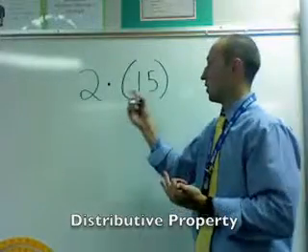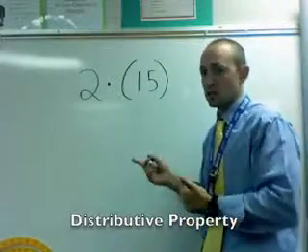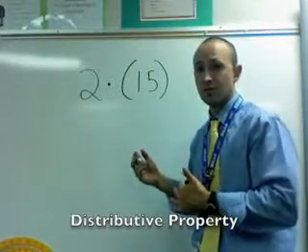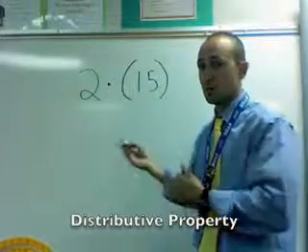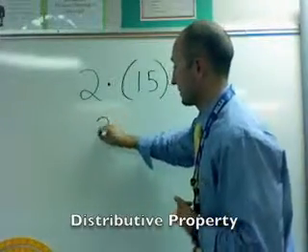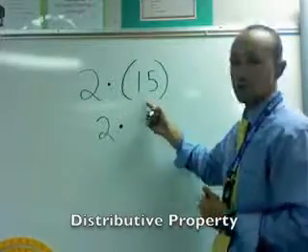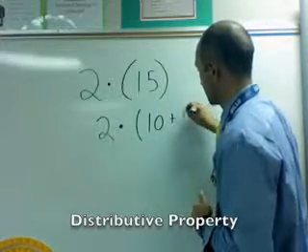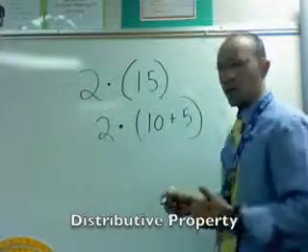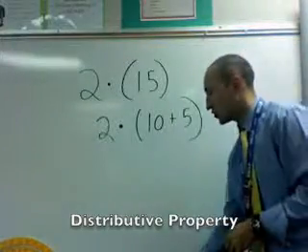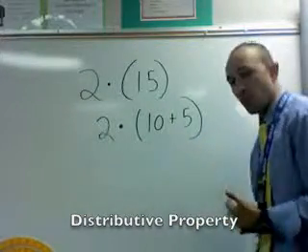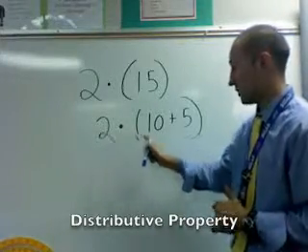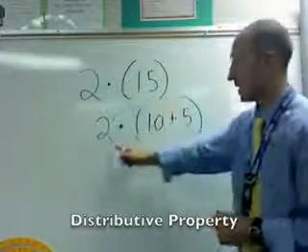Or I can ask myself, what's the place value of the 1 and what's the place value of the 5? Well, this is a kind of easy one. We know that 10 plus 5 is 15, so that's my addition problem. I'm going to rewrite it here. The 2 stays the same. 2 times, we said 15 could be 10 plus 5. So it now ends up being 10 plus 5. And now what I want to do is take this 2 and distribute it to both of the numbers. So the multiplication stays the same. First problem, 2 times 10. I'm going to distribute it out. That ends up being